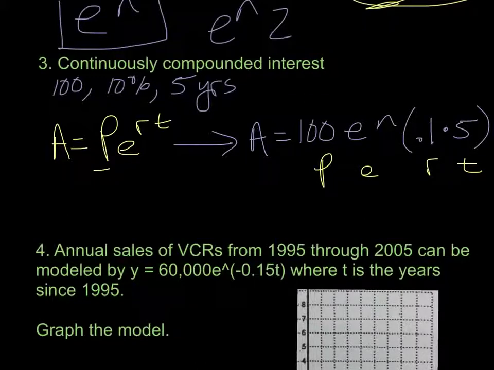Okay, now if you've ever used the shampoo PERT, I call this the shampoo formula because PERT is a brand of shampoo. But if you've never heard of that before, ignore it. I'm old. And what we end up with is our best possible interest. And this right here is exactly how I would type it in my calculator. And let me do that real quick so I can tell you how we do. So P e to the 0.1 times 5. And I end up with